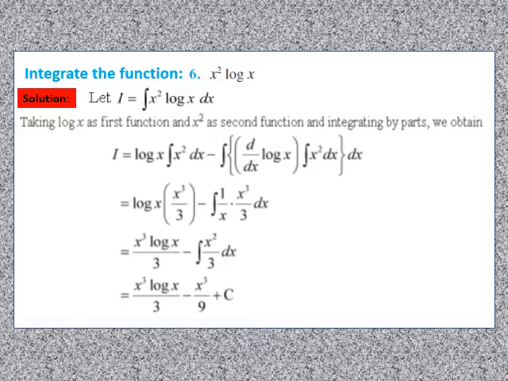So again integrating by parts we will get I equals log x times the integral of second, that is x square, minus the differentiation of log into the integral of x square. We are getting log x, and the integral of x square is what? Using x power n, it is x cube upon 3, minus integral 1 upon x into x cube upon 3. So what we are getting is x cube log x upon 3 minus integral x square upon 3 dx, which will give us the final answer as x cube log x upon 3 minus x cube upon 9 plus constant of integration c. I hope I am clear. So pause and note down the solution.